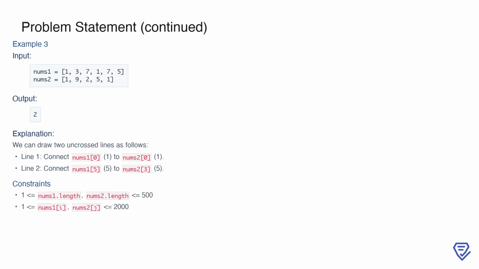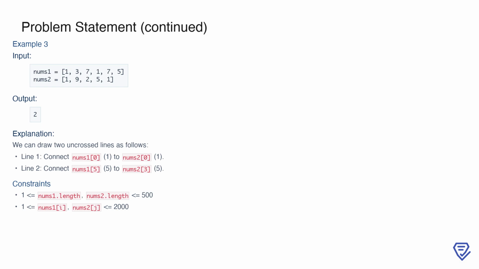Let's look at a third example. Here, nums1 is [1, 3, 7, 1, 7, 5], and nums2 is [1, 9, 2, 5, 1]. In this case, the maximum number of uncrossed lines is 2. We can connect nums1[0], 1, to nums2[0], 1, and nums1[5], 5, to nums2[3], 5. Importantly, even though there are other matching elements, such as the 7s, connecting them would result in lines crossing. The constraints ensure that we must avoid such intersections. This example also demonstrates how the solution is not always immediately obvious and requires careful planning to maximize the number